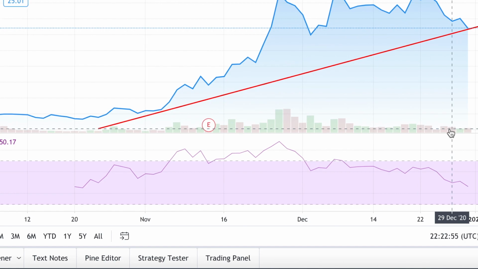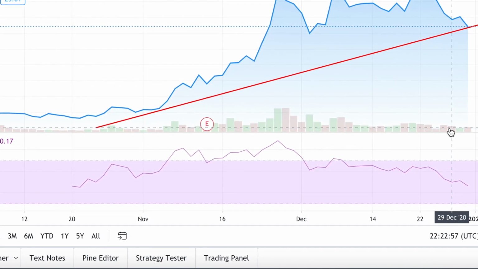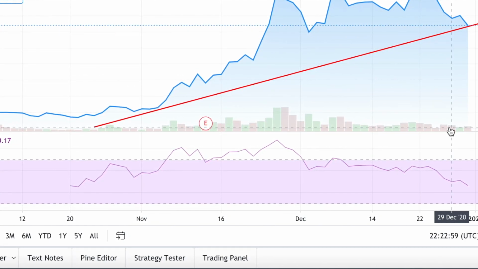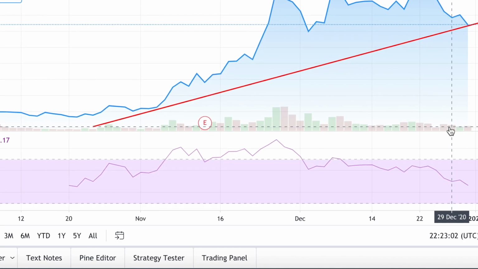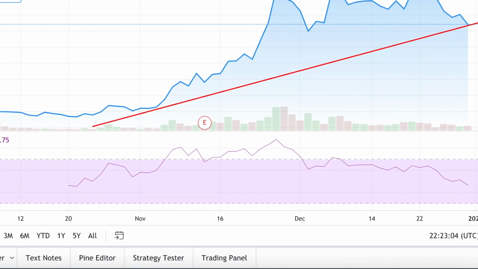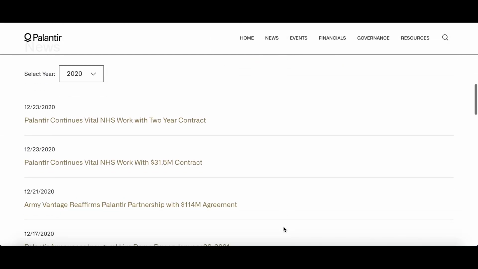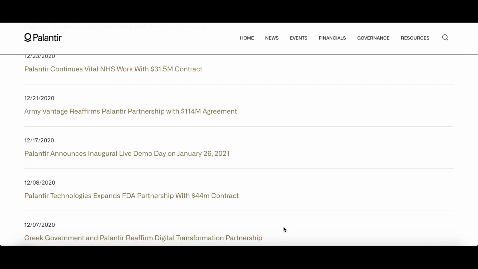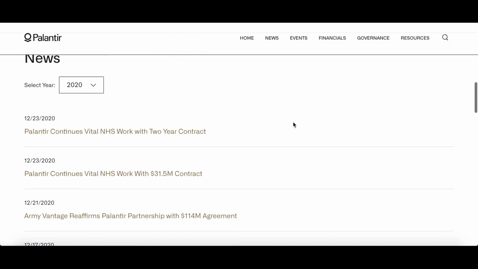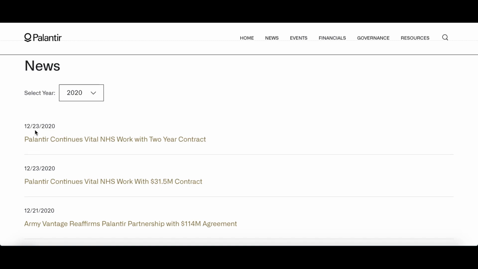But yeah, in the long run, it has the potential to 10 times its stock price, because they can, I will show it to you here, because they can have all kinds of customers in all kinds of industries. So the most recent one, on 23rd December, they could continue their contract with NHS, which is a health authority,